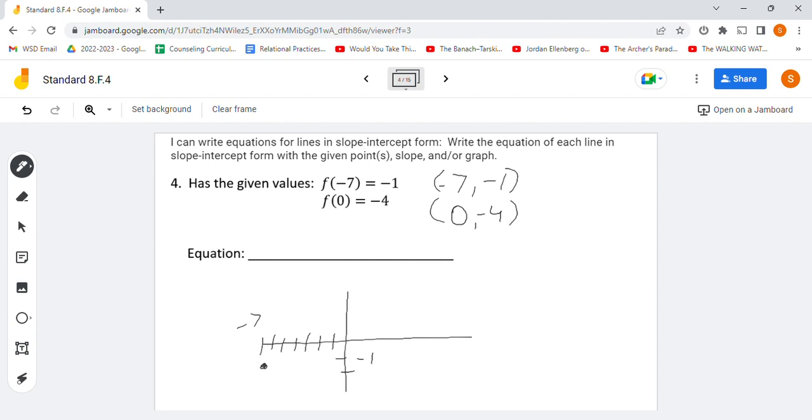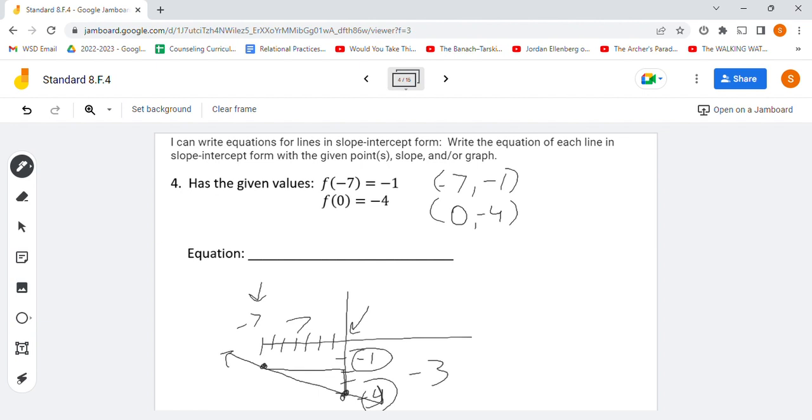And then 0, negative 4 is right there on the y-axis, so we're sloping downwards again. Alright, how far do we go to the right and how far do we go down? So we are at negative 7 and we go all the way over here to 0, so that's a run of 7. We're going to the right, so it's positive. And then our y values go from negative 1 to negative 4, so we're going down by a total of